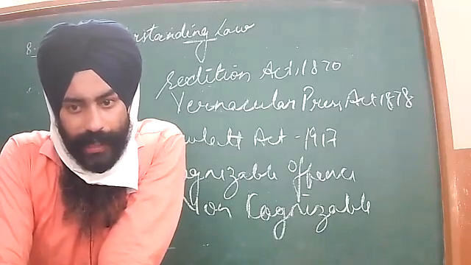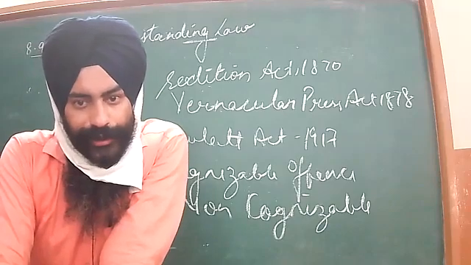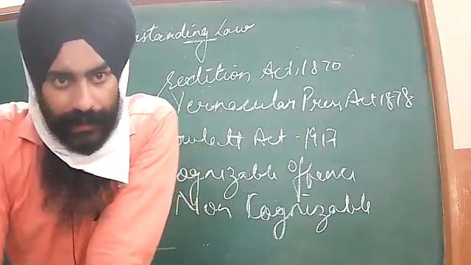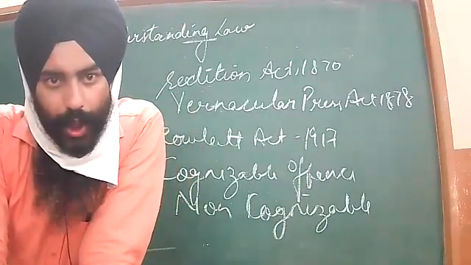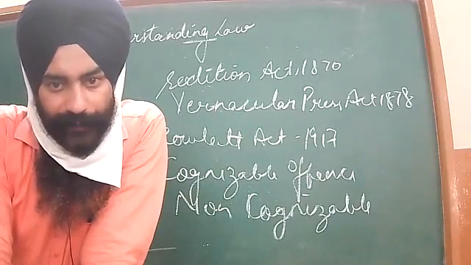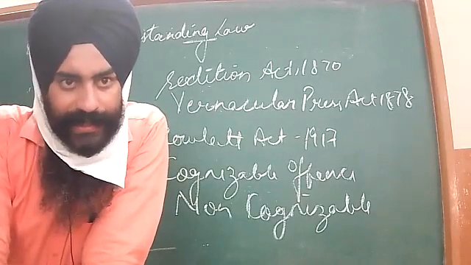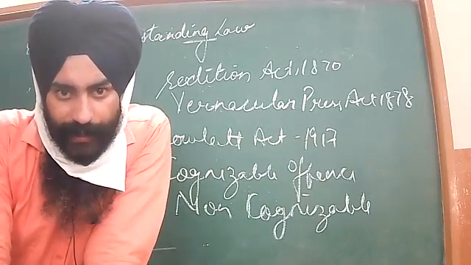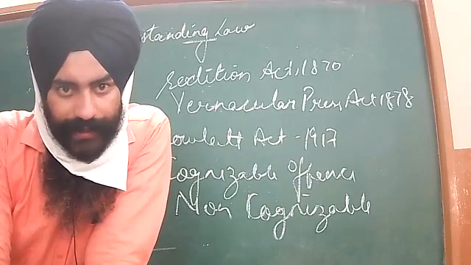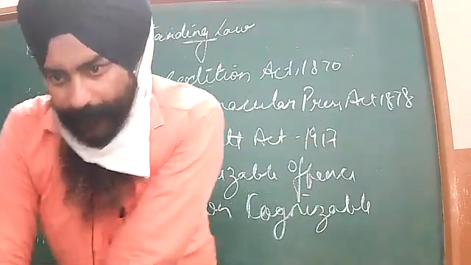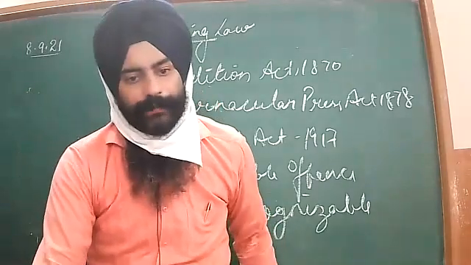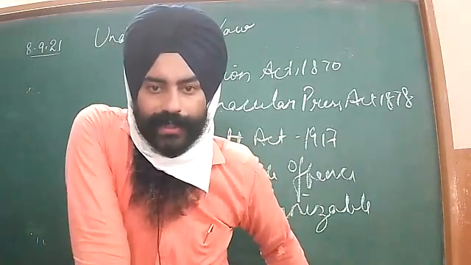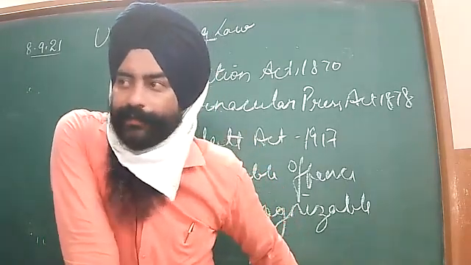Anybody? Our next chapter is judiciary. So let's continue with the judiciary. Judiciary is the third important organ of the government, which we discussed in the features of a constitution as separation of powers. In the constitution, the powers are divided among various authorities at different levels: among the central government, state governments, and the local self-governments. On the basis of organs, different organs of government are there.